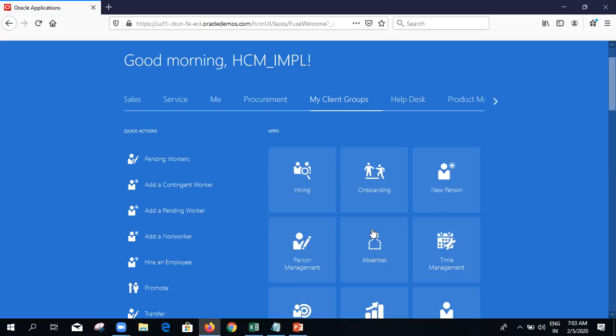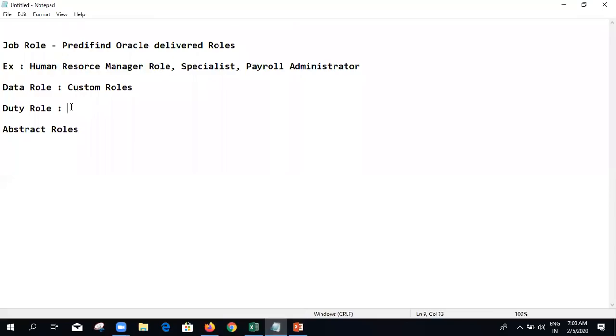These are all the duties he can perform by having that role attached to him. So duties are nothing but the kind of actions, the kind of work, that he can perform by having these particular roles attached to him. The duty roles are sub parts of the job roles.